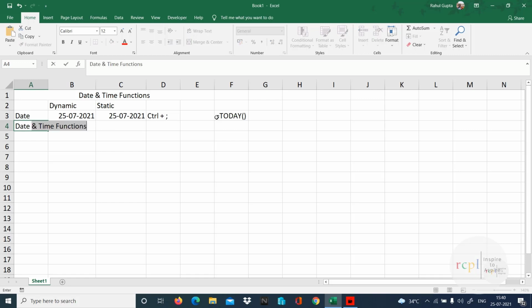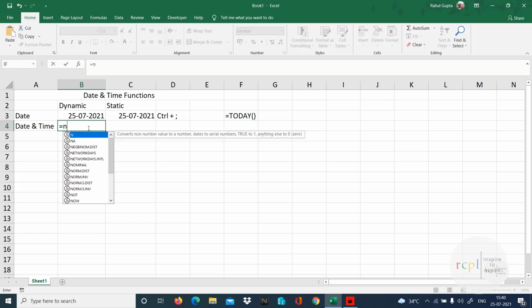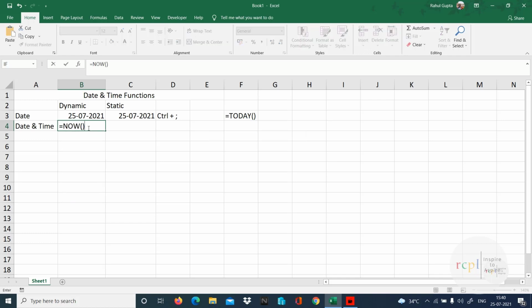Now date and time both. With the dynamic function we get date and time both, but with static we only get the time. So I'll type the function =NOW(), open bracket, close bracket. That gives me date and time both.